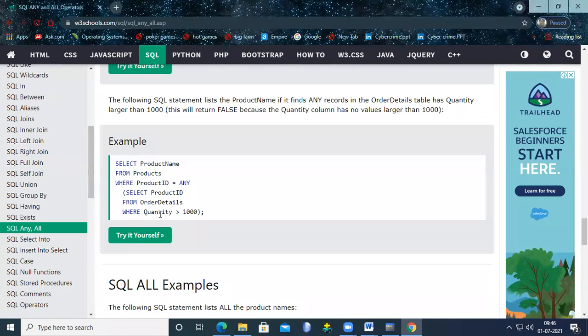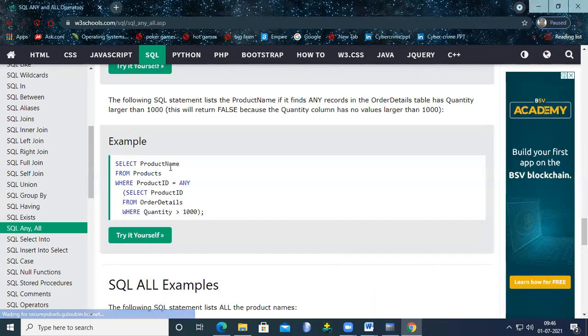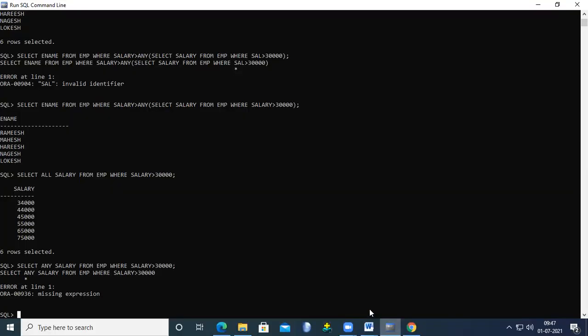Here the product ID is matched with this condition or not. If this condition is matched, then that product ID is displayed. For example, here the product name is required, so product ID is matched with the select product ID from product details where quantity greater than. In the same way, we can use the same thing.